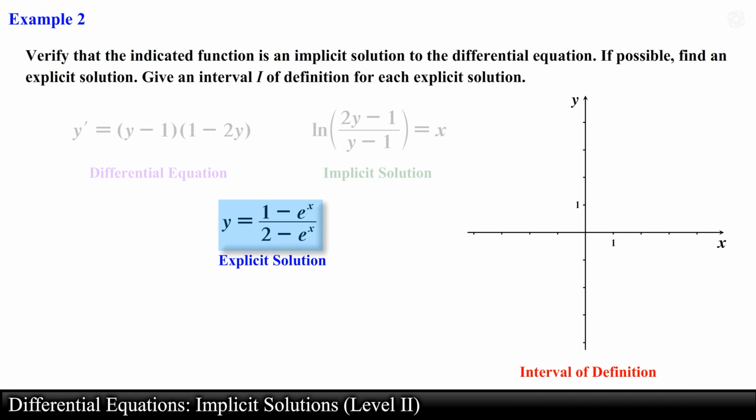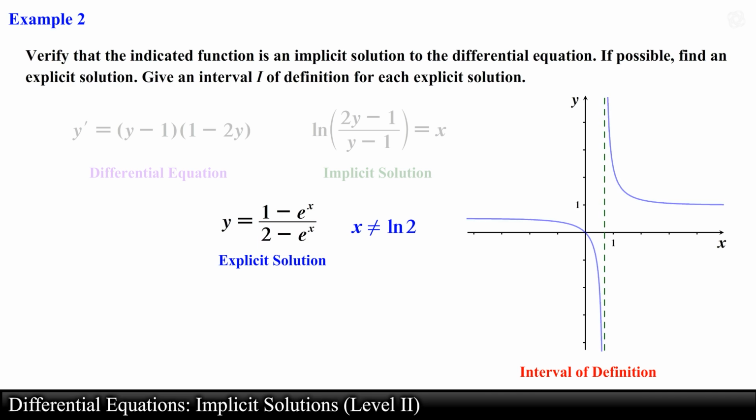Now let's take a look at the graph of this explicit solution. Notice that this graph is not defined at x equals the natural log of 2. So we would expect to see a vertical asymptote at this given value of x. As a result, the graph would be split into two regions, which translates into two distinct intervals of definition to